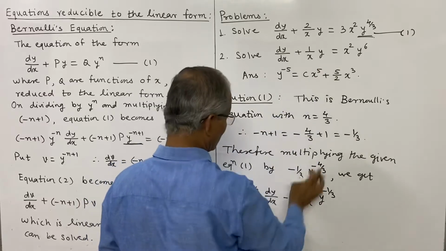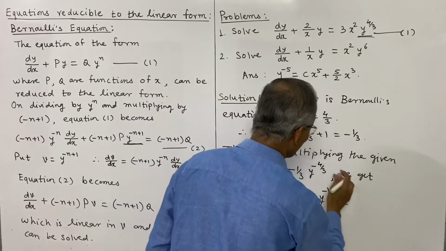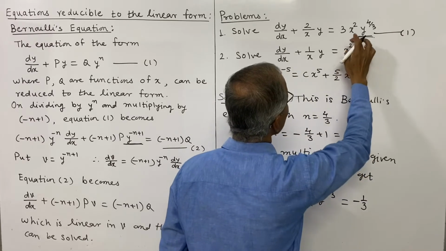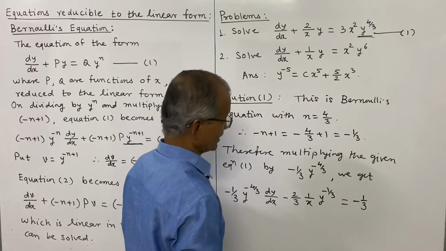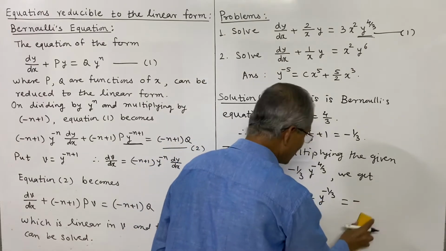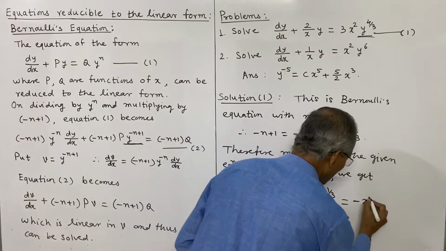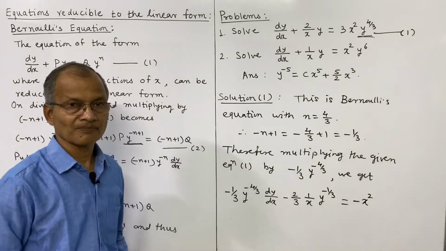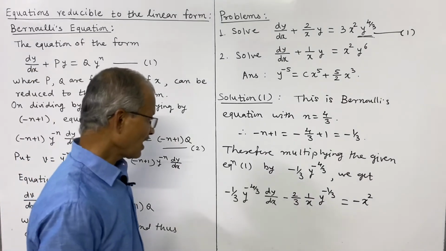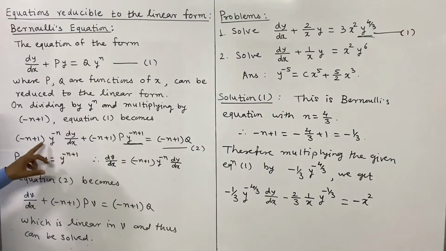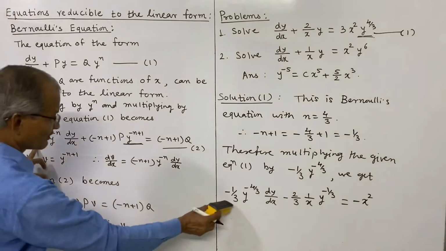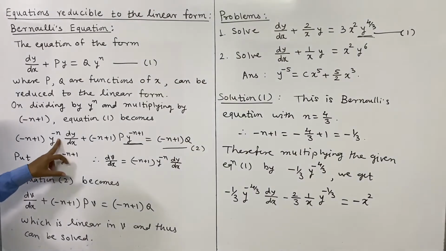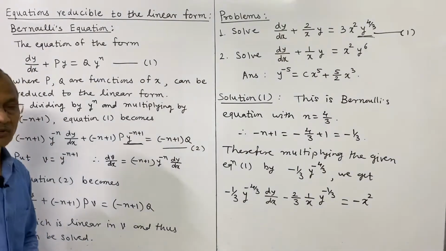And this is the second term on the left side, and the right side is again we have to multiply by minus 1 by 3, and this term is minus 1 by 3 into 3, that 3 eliminates, so what remains is minus x square, and this term after multiplying becomes 1. So thus this is the equation, and this is in the second form. See, this is the term minus 1/3, and y power minus n is minus 4 by 3, etc.